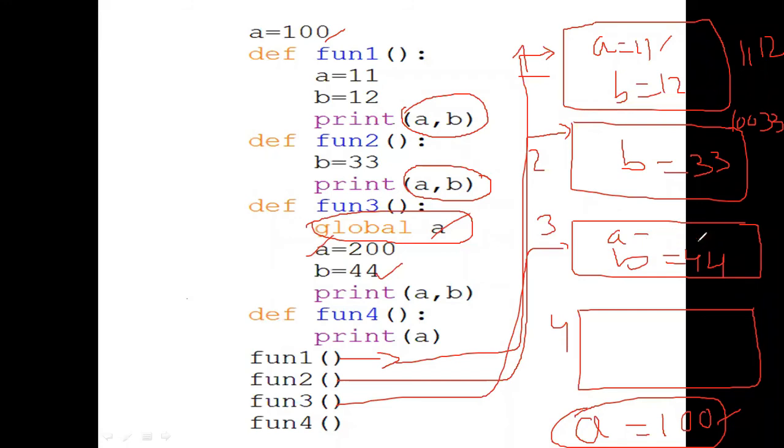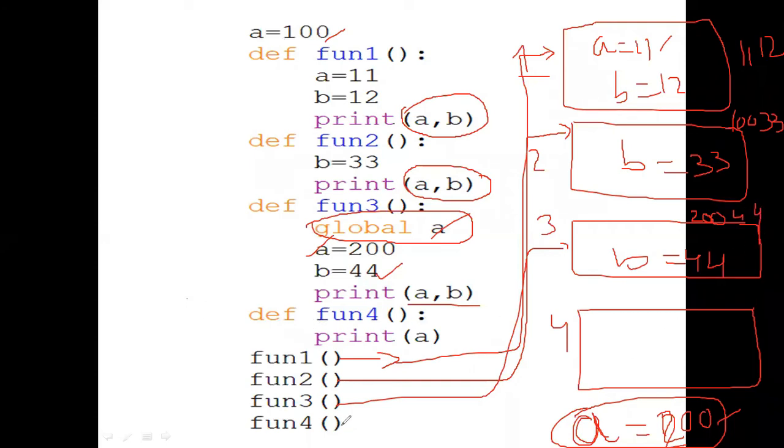But we define this A as global, so the variable is created globally, A equals 200. Now, if I print A comma B, what is the expected output? It checks whether A is available locally. No. A is available in the global list, so it prints 244.